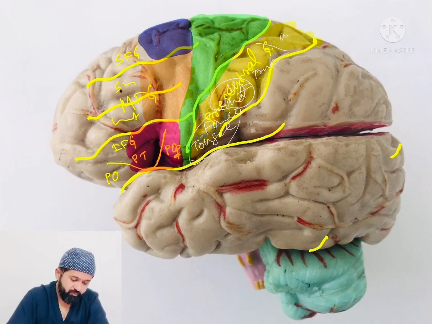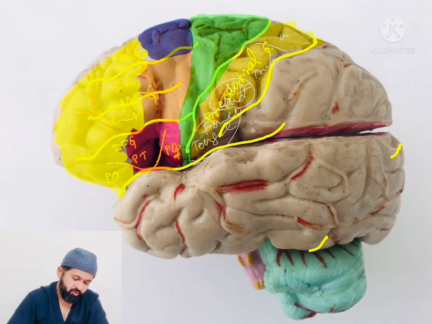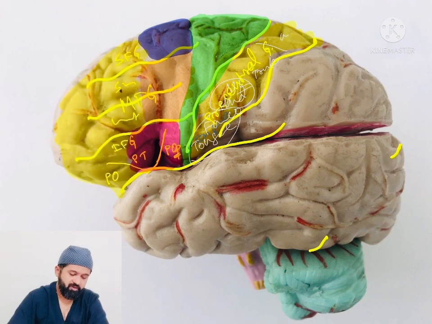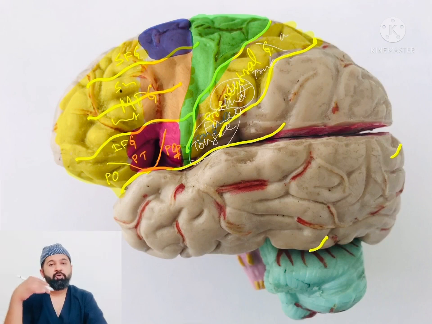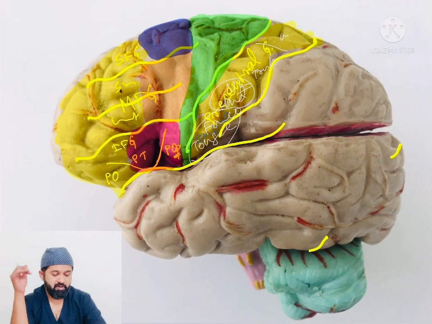Now the rest of the frontal lobe in front of these areas is known as the prefrontal lobe. There are no specific areas in the prefrontal lobe where we know that stimulation will produce a specific deficit, but the entire prefrontal lobe is responsible for your personality and for much higher functions. That includes your thought, your insight, your orientation, your attitude, your attention, and all these features lie in the prefrontal lobe. And that also is divided into two parts.